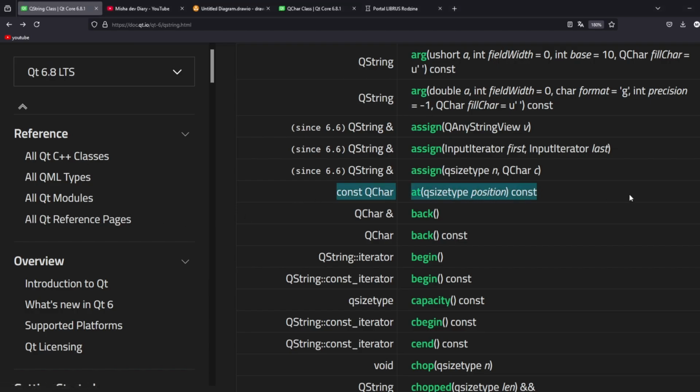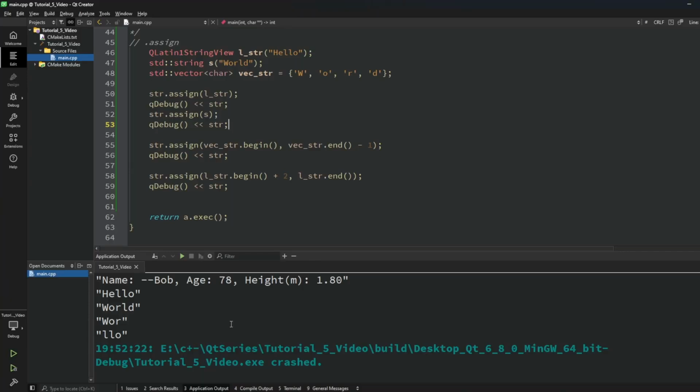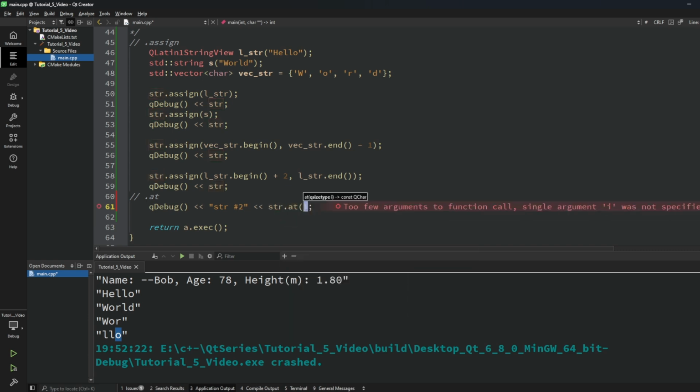The at method is used to get the character at a certain position. But of course you can also use the square brackets operator. I'll quickly show you an example so you know. And so we can just debug str at, I don't know, the second position. We have here LLO, so we're gonna get O. str at 3. If I run it,